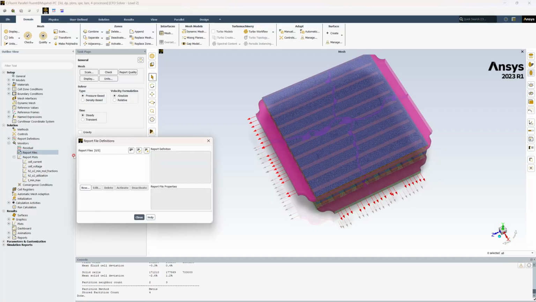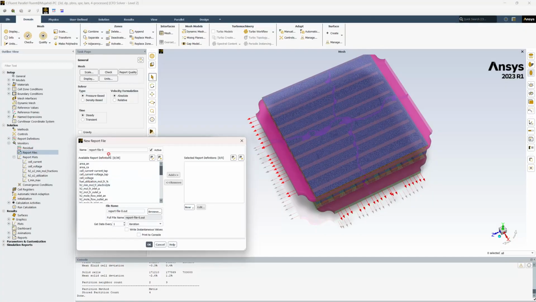For the report file, we'll add a new report file, and the things that are very essential for the report file are especially the cell current and cell voltages. So we'll have all of these cell currents and cell voltage, and along with it we need to have the fuel utilization and oxygen utilization. It is also important that we have the temperatures, and then just in case the minimum mole fractions also